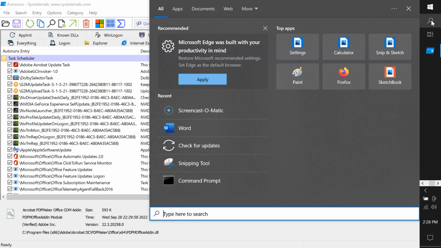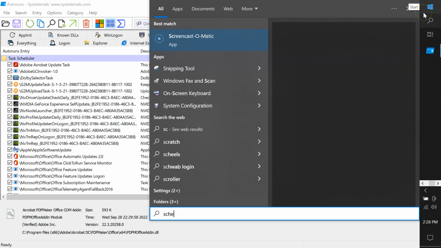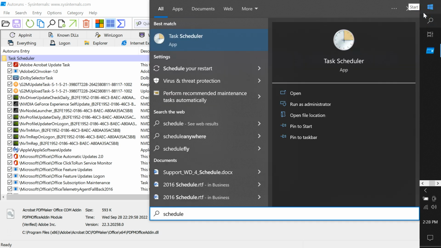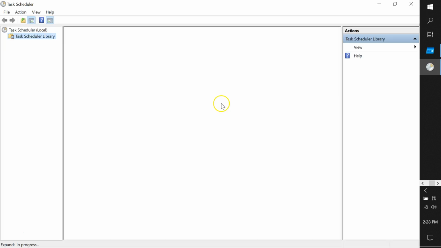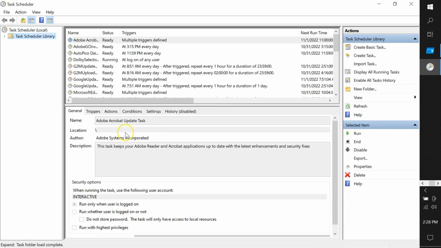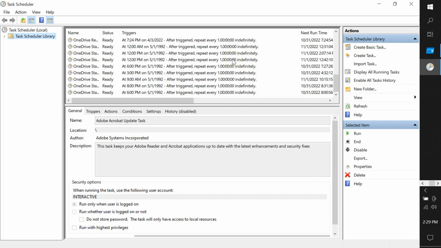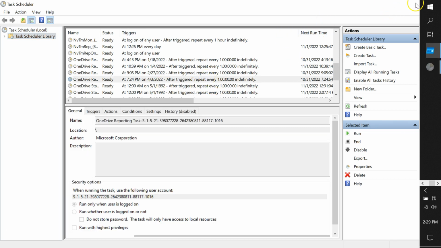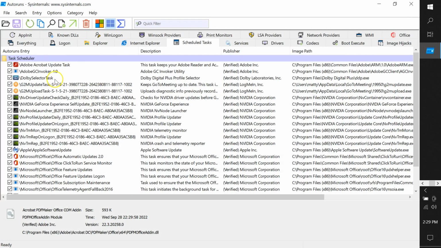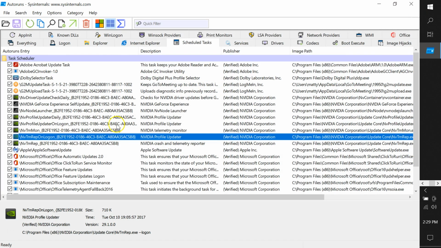If I come up here to the search bar and I type in task scheduler, it's an application. Most of you probably haven't used it before. But here's the library of those things. Most of them look like they're OneDrives. And when are they happening? It tells you here. But I believe you can come to one of these entries